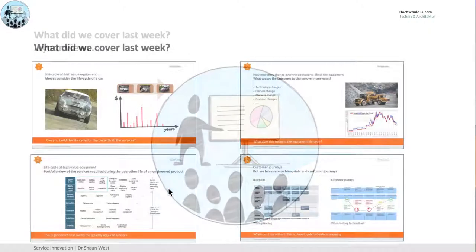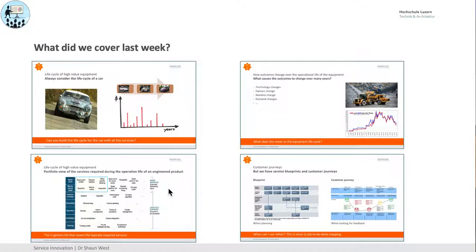What did we cover last week? Well, we actually looked at cars and we looked at the cradle to grave life cycle of them. We looked at life cycle services that are needed to keep your equipment running, and things which come automatically, and then things which you actually have to support the sales and stimulate the sales. We looked at a mining case, and we looked at some blueprinting and some customer journey mapping,